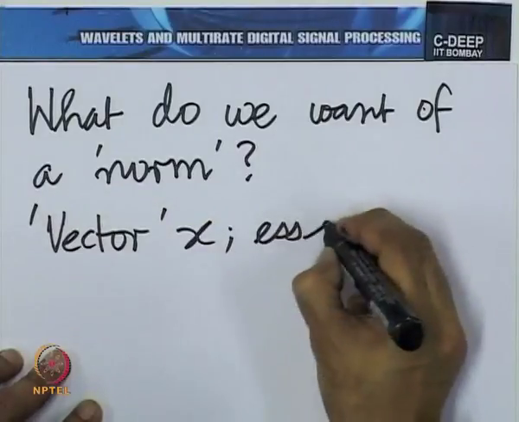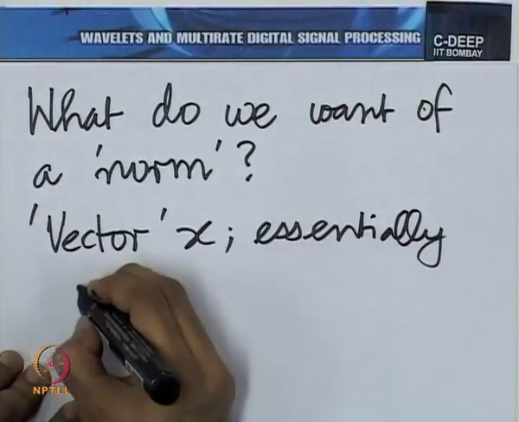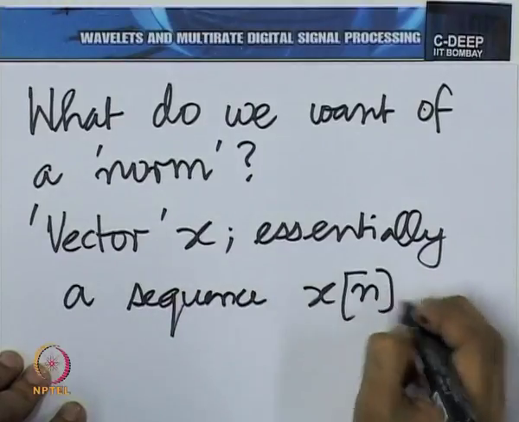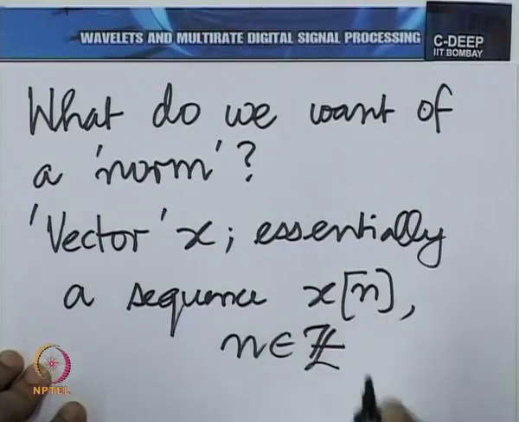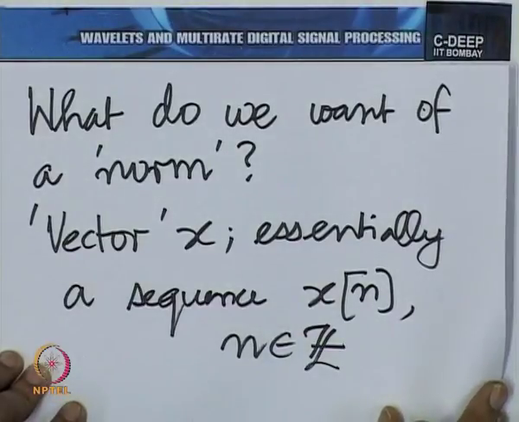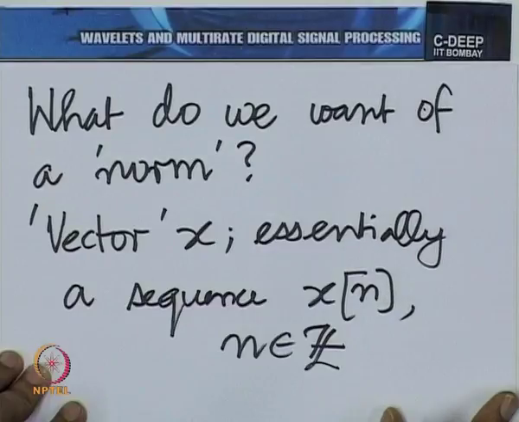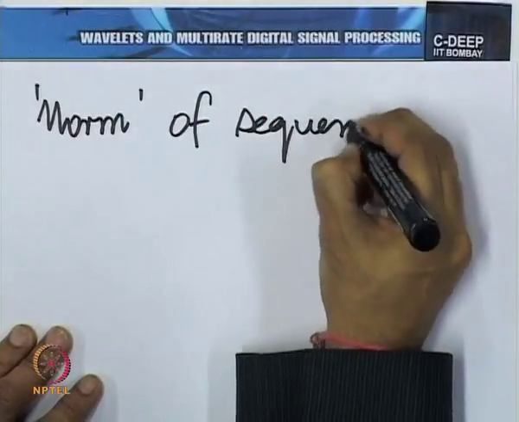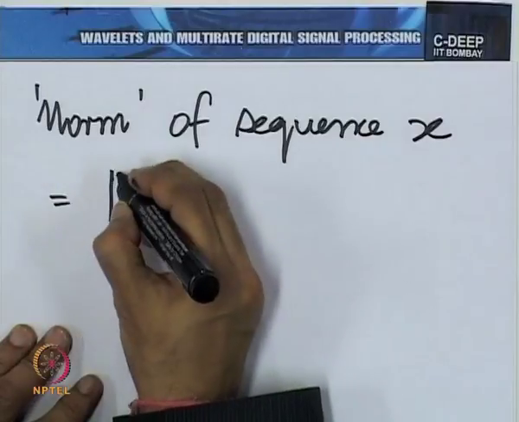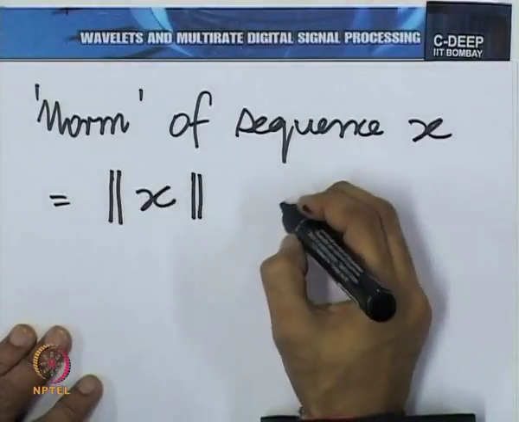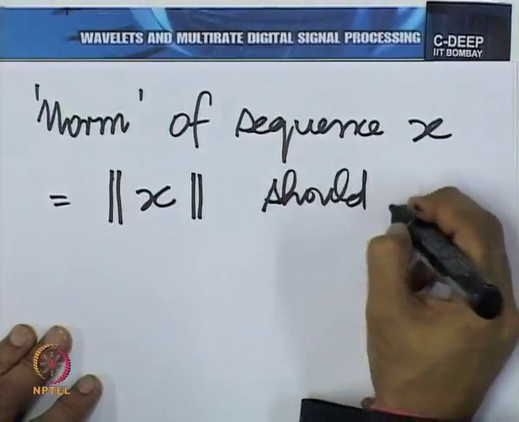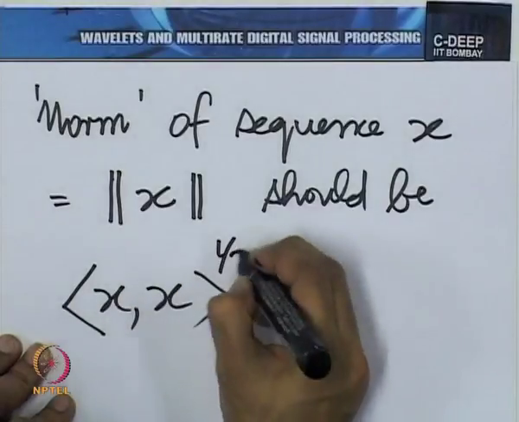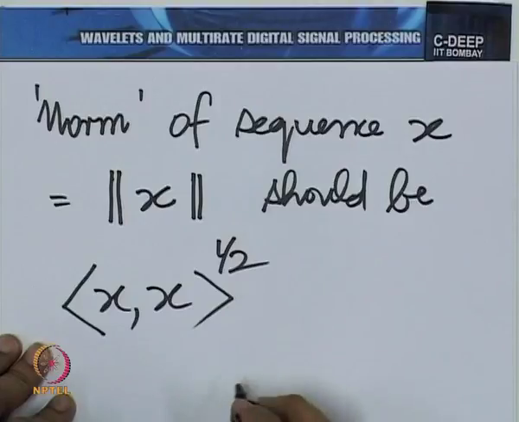essentially a sequence x n, n over the set of integers, then its norm, which we shall denote in the following way, we will denote it like this, should be essentially the dot product of x with x, square root. And further,